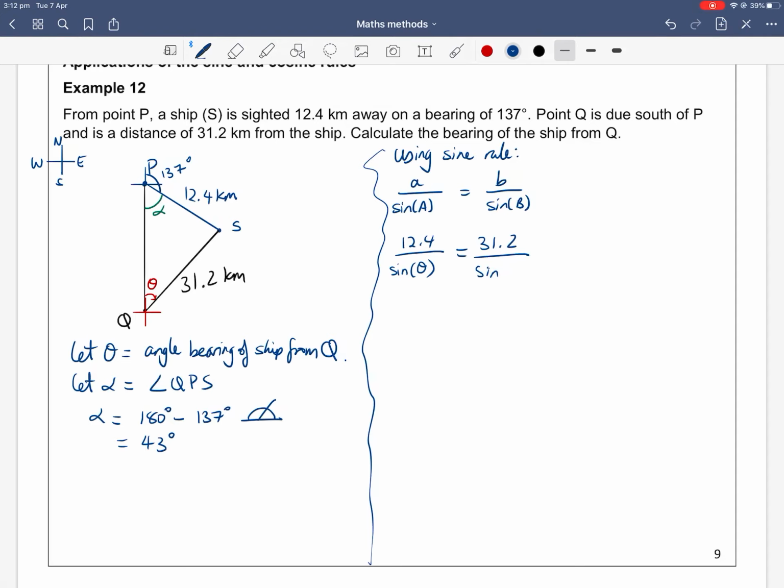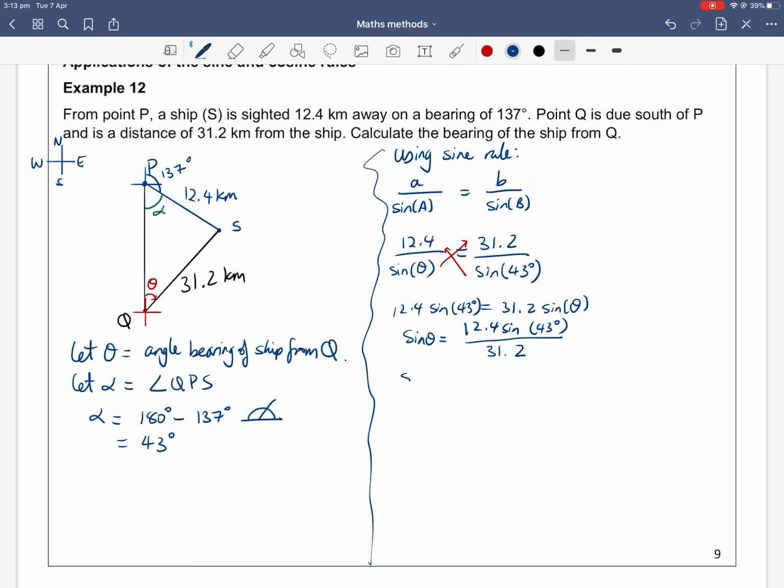B is 31.2 as the distance, then sine of B is sine of the green angle alpha, which is 43 degrees. I'm going to cross multiply, so 12.4 sine of 43 degrees is 31.2 sine of theta, so sine of theta is 12.4 sine of 43 degrees